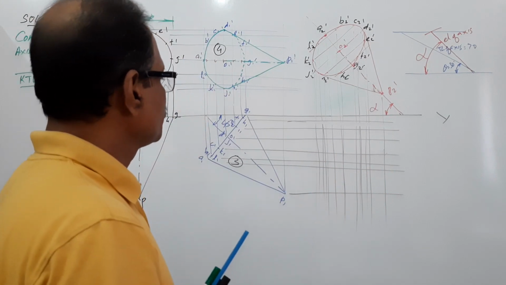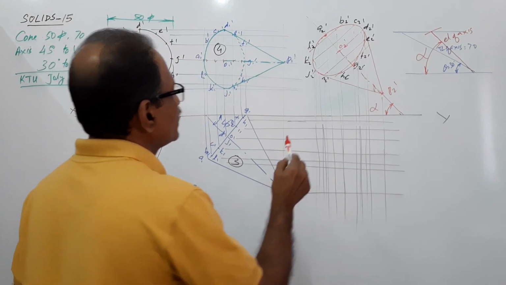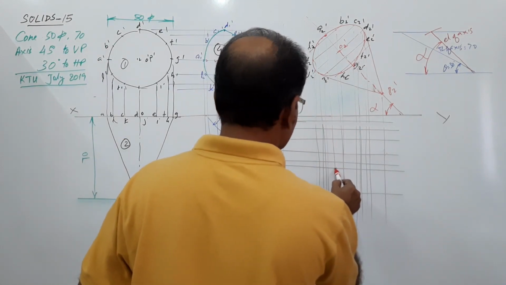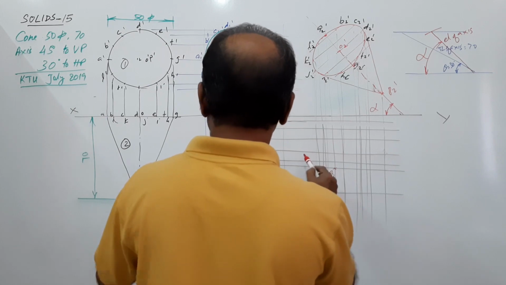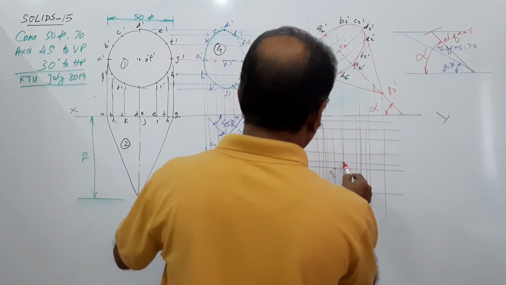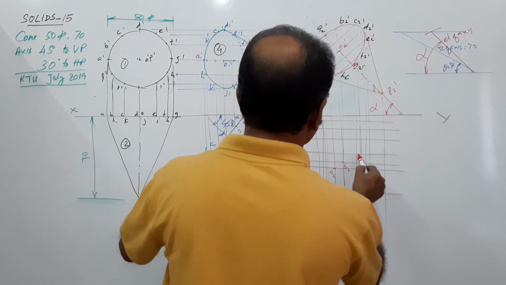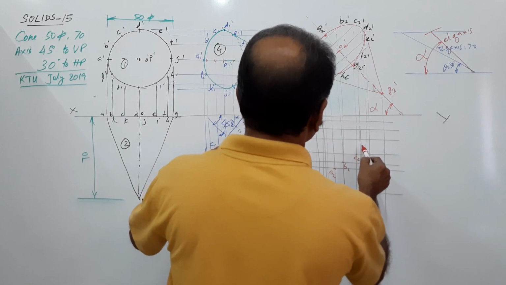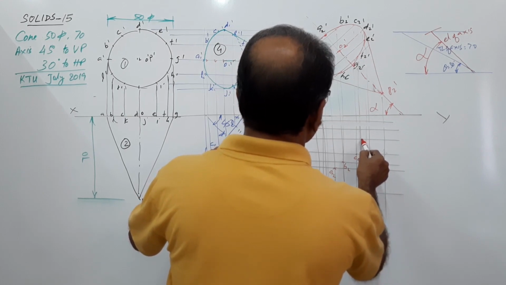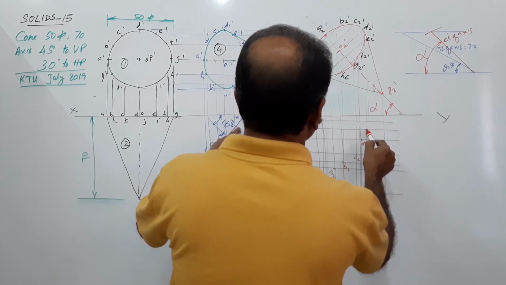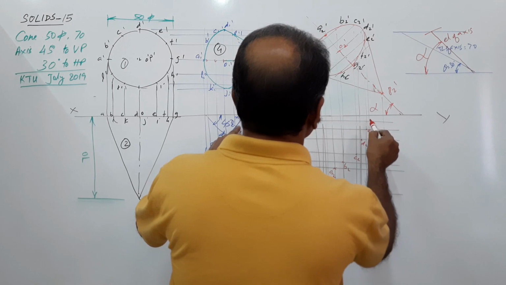Mark the points. The points are A2, B2, C2, D2, E2,